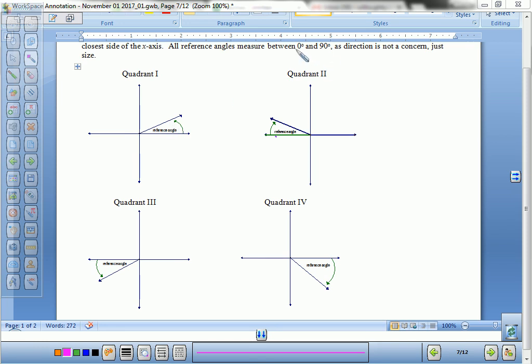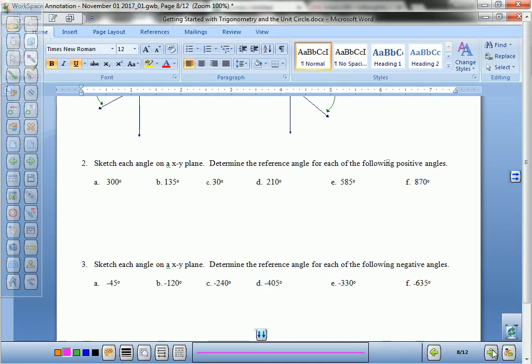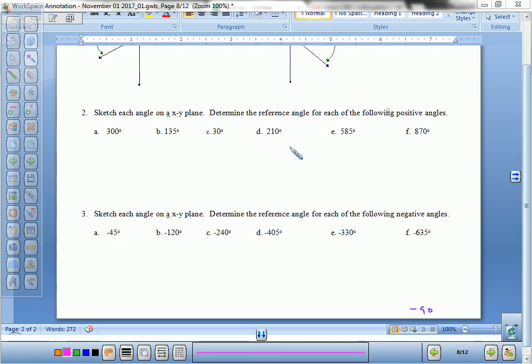Okay? So the reference angle is always going to be between 0 and 90 degrees. Basically inside. Okay? So this reference angle in the first quadrant would go down to here. Second quadrant here, third quadrant there, fourth quadrant there. And we talked about yesterday how those all form nice little right triangles when we need them to. Okay? So, this asks us to sketch each angle on an XY plane and determine the reference angle for each